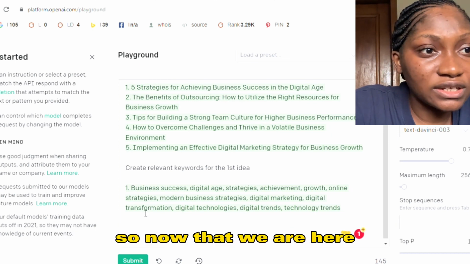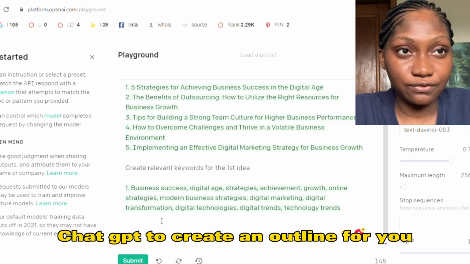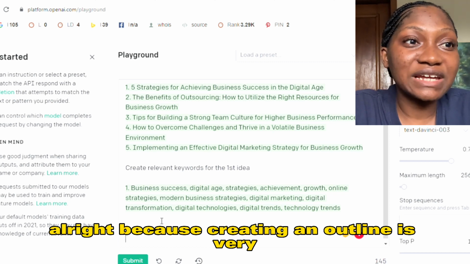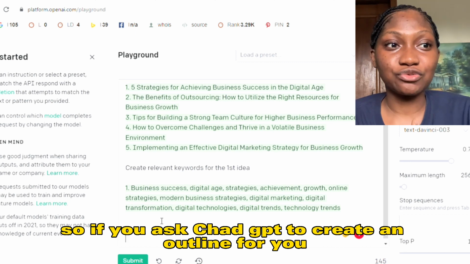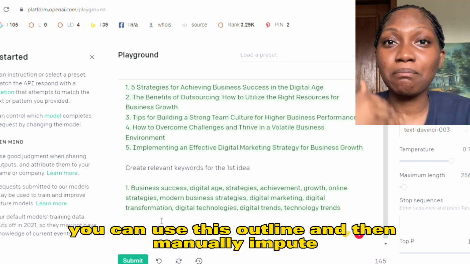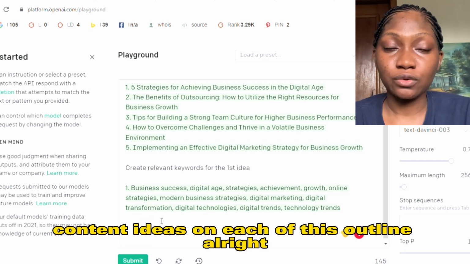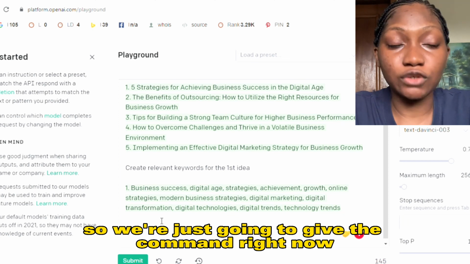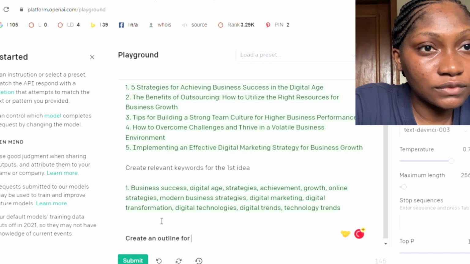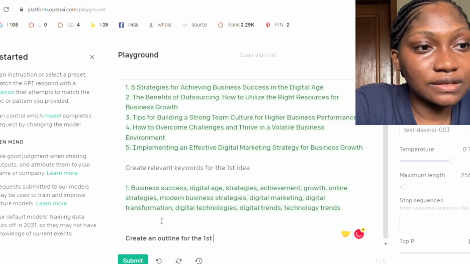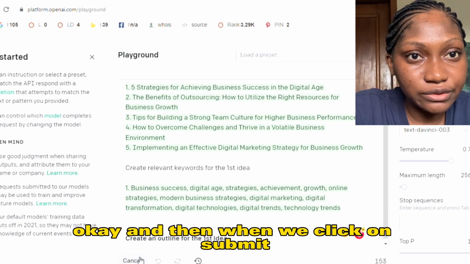Now that we are here, the next thing you want to do is ask ChatGPT to create an outline for you, because creating an outline is very, very useful. If you ask ChatGPT to create an outline for you, you can use this outline and then manually input content ideas on each of these outline points. So we're just going to give the command right now: create an outline for the first idea. And then when we click on submit,